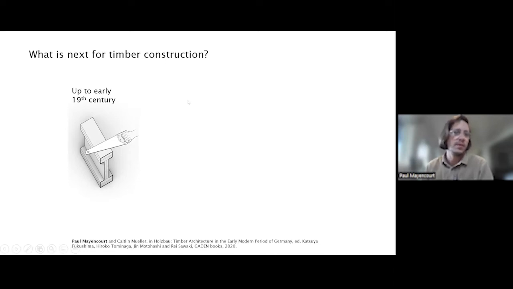So up to the early 19th century, you can see these were actual sections that people built at the time, where the cost of material was very high and the cost of labor was relatively low compared to the material. So it was, I'd say, worth it to put a lot of effort into creating efficient sections. This is a section of a timber that was used up to the 19th century for construction of large spanning timber structures.